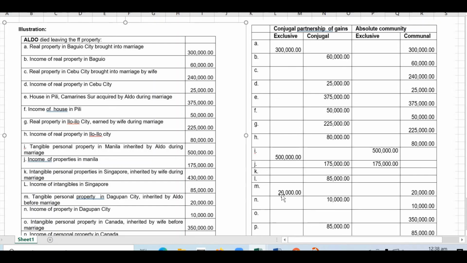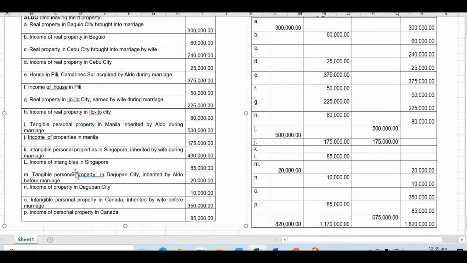It's an exclusive property, no? Kasi na-acquire mo naman siya before marriage. So, exclusive siya under conjugal partnership of gains. Then, sa absolute community is communal property. So, all property owned before marriage shall form part of the communal property under absolute community. So, yan. However, ang income